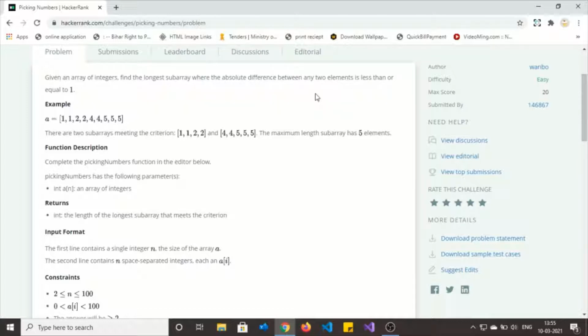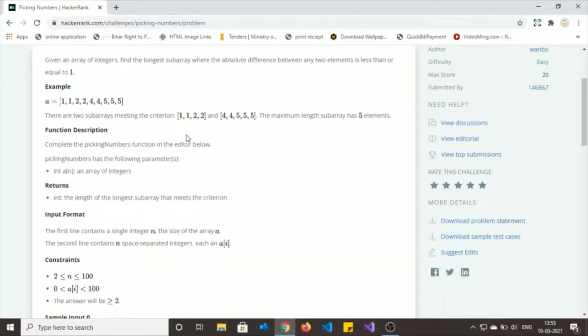So we can make two subarrays, including 1 1 and 2 2, and another with 4 4, 5 5 and 5. So the longest subarray is 5, so we have to return 5. The absolute difference between these array elements is 1 or less than 1, that is 0.